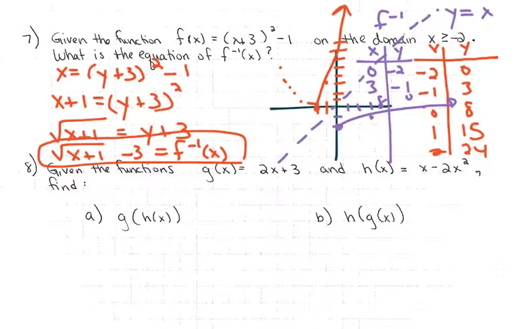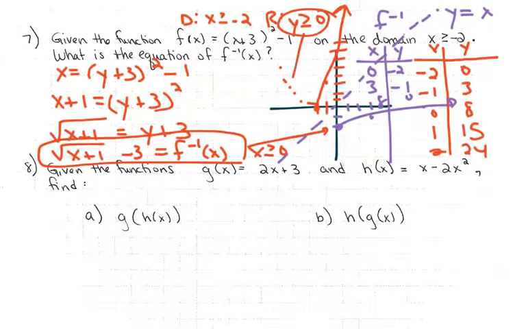But there's a restriction on the domain. Remember, the inverse is my purple graph. And the domain is that x has to be greater than or equal to 0. So not only do you have to find the right equation, but you have to know what the domain of the new equation is going to be. And the domain is really just the range of the original function. So if you knew that the domain of the original function was x is greater than or equal to -2, and the range of the original function was y is greater than or equal to 0, that range becomes the